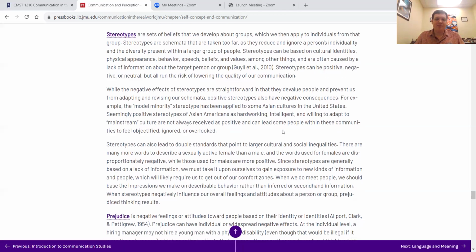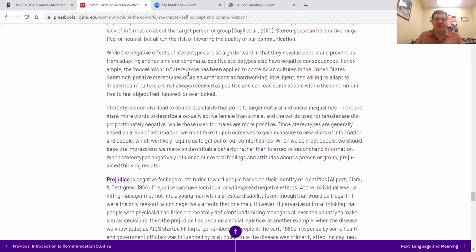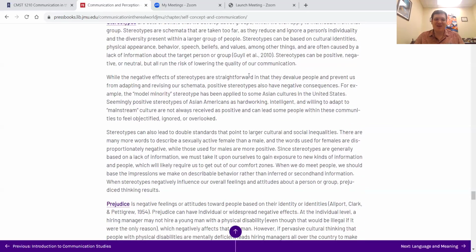It talks here about how some Asian Americans are viewed as the model minority, and it's applied to Asian cultures. But there's a lot of diversity within the Asian American community as well. We look at some immigrant communities who have come here because they have money and jobs and opportunity, and other ones who are refugees within the Asian American community. There are other refugee groups who come here who don't have those same opportunities, the same support. So it's harder for them to adapt and harder for them to integrate into the mainstream culture. So whatever that may be, right? Again, how we're viewing things. So a lot of things we can talk about here in terms of stereotypes.